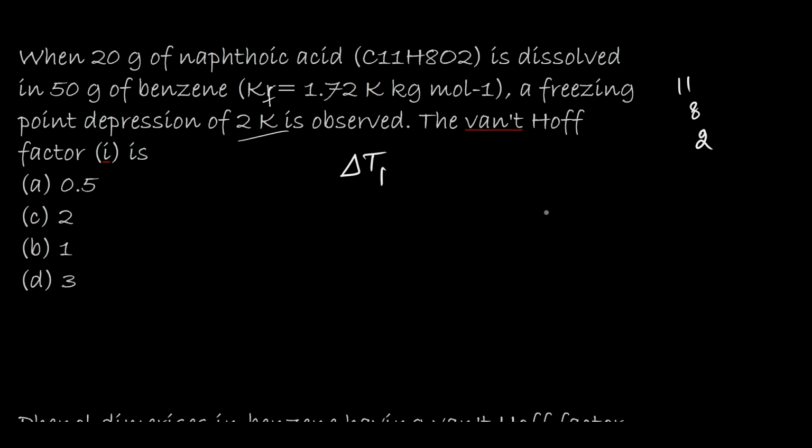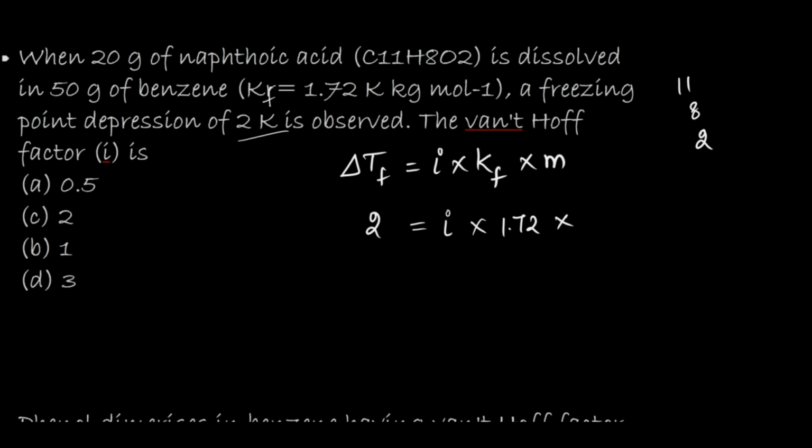So delta Tf is equal to the Van't Hoff factor i into Kf into molality. So this is 2 equals i, that I have to find, Kf 1.72, m molality, that is